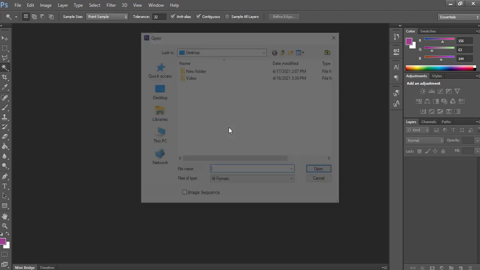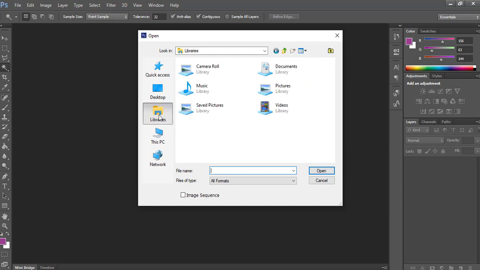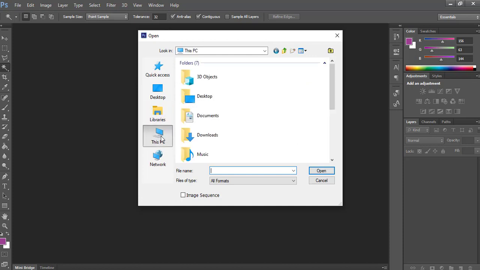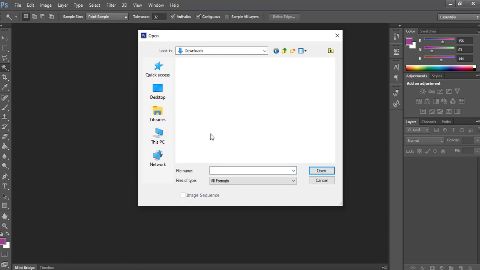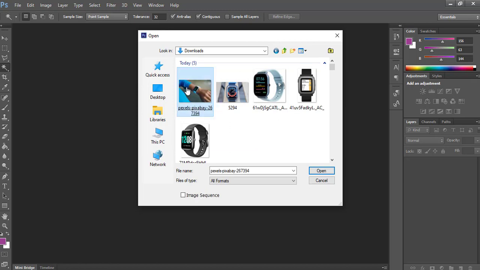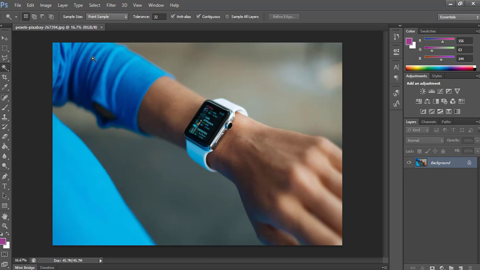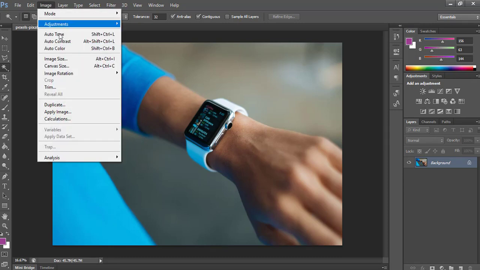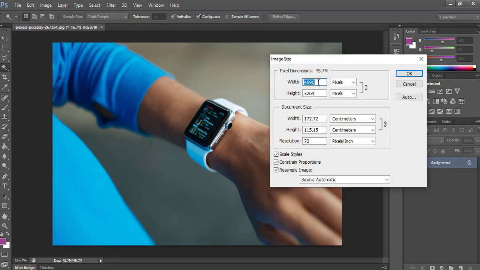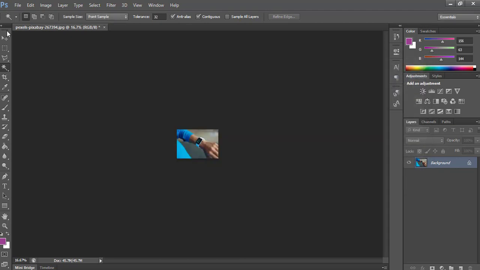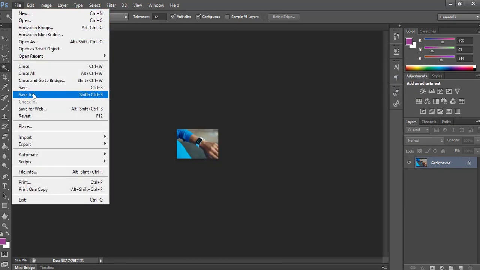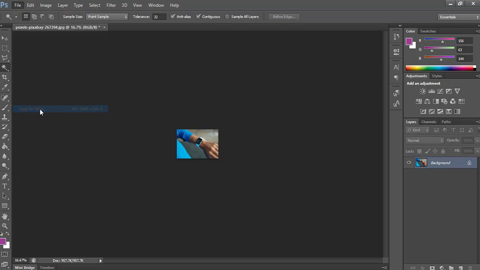Okay, now select the image and resize it. Just select image size. I select 700. Okay, and click on save, save for the web.